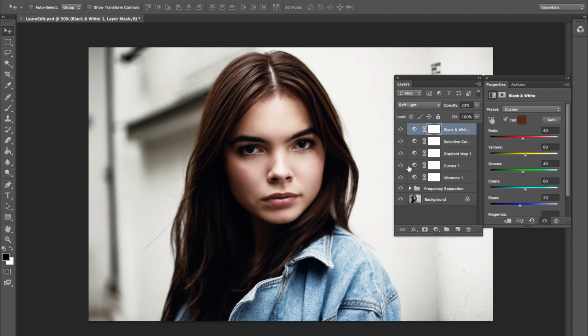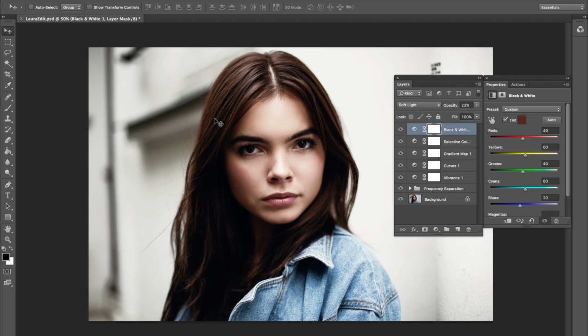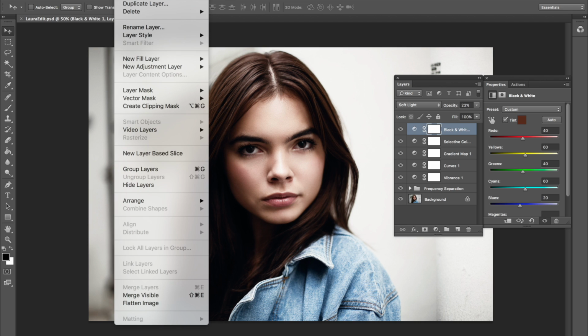The trick is, and I mentioned this in all my videos, just do little steps and then they eventually compile into something really nice. So you don't want to do like two big layers at 100% and go crazy like that. You want to do little layers, and then eventually you'll come up with a nice color. And one last thing that I want to do is add in some